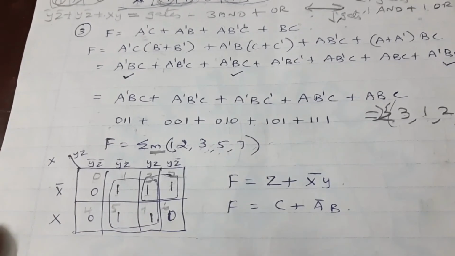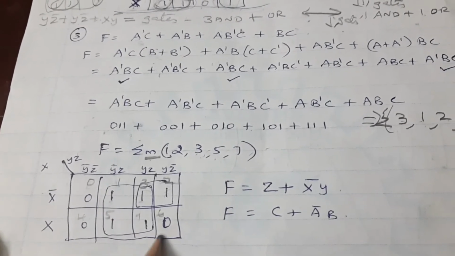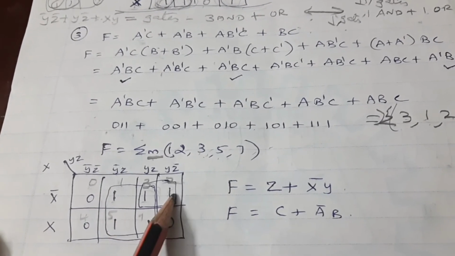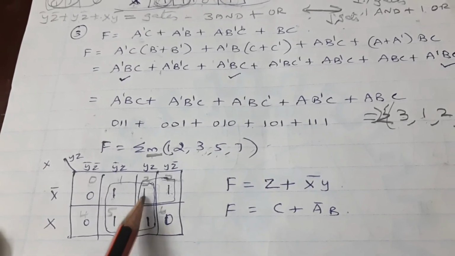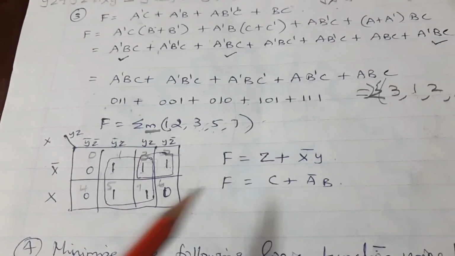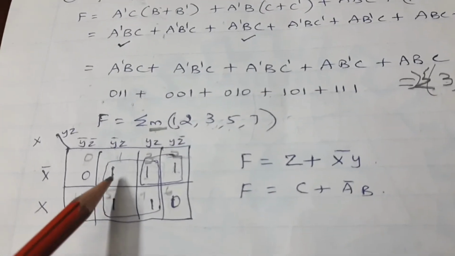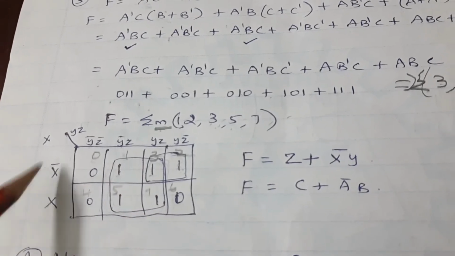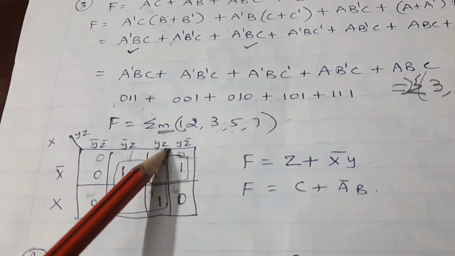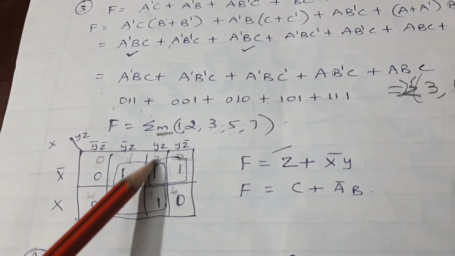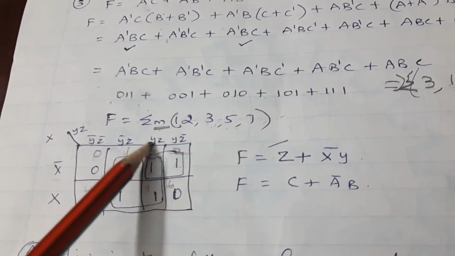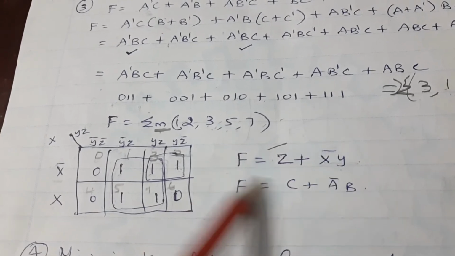Then you combine the ones. You find it easier here with a quad. Combine the quad, then the one with the neighboring one is this one. You can reuse the value. Now write down the equation, with respect to the value for this quad. These are changing, so no need. When you come column wise, the unchanging value is z, therefore z. You combine the 2, so the value will be x bar, and the unchanged is y, x bar y. So this is the equation.